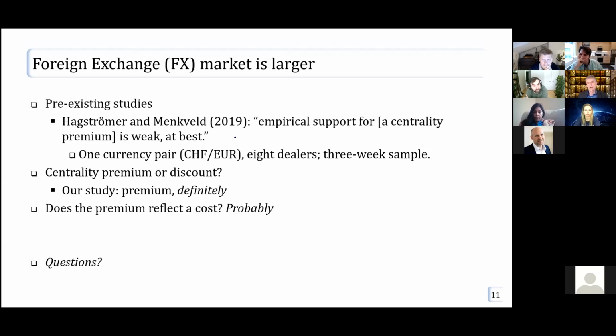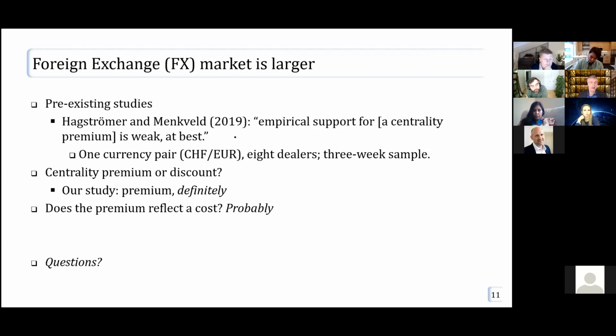The foreign exchange market, which is what Richard and I are looking at, is much, much larger. Whereas those credit markets might have turnover of $1 billion a day, in the FX market, it's trillions. By way of pre-existing studies, we have one recent study by Bjorn and Albert,